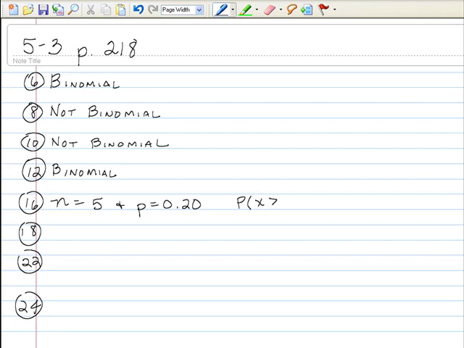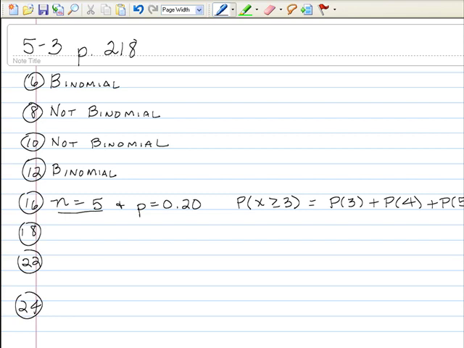So that means we're looking at the probability of 3 plus the probability of 4 plus the probability of 5. Okay, since n is 5, at least 3 would indicate 3, 4, or 5. So let's go to our table. And I may have run off the screen a little bit there. Sorry about that. Let's go to the table in the book